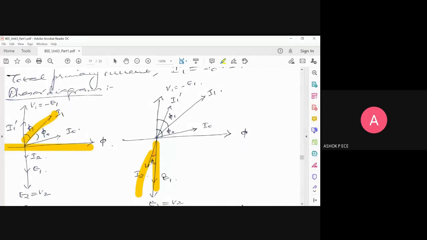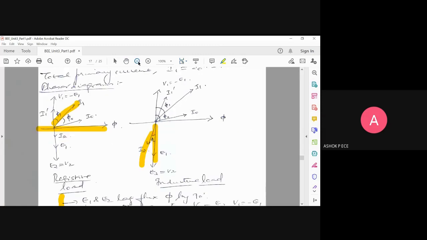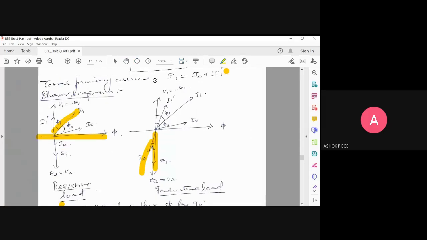This is very, very important. I'm saying it again and again. If you don't understand this basic phasor, next we'll be drawing some big phasor diagrams, and there you will never understand how to draw the phasor diagram in a transformer. So if you have any doubts, please get them clarified now itself. There's no use being silent in the class. You have to ask doubts if it is not clear. Nobody will ask on your behalf.